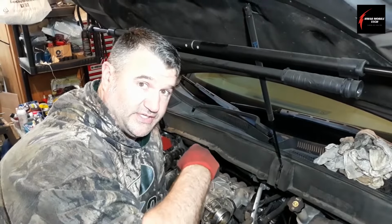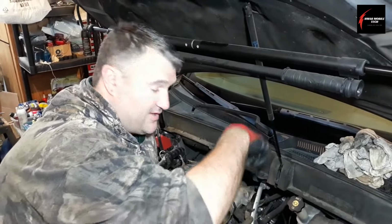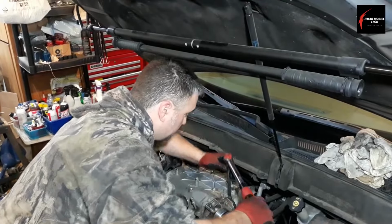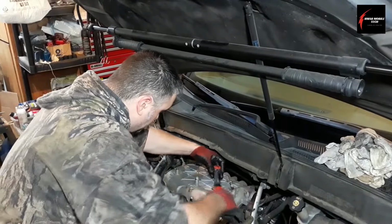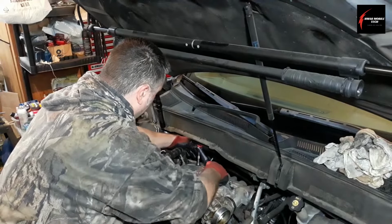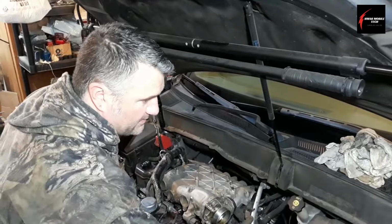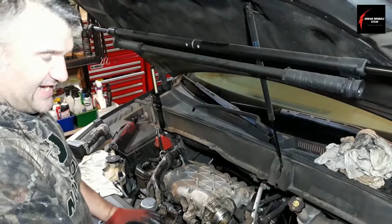Okay, so once you get all of them tight, then what I like to do is start from over here on the far right and go in a circle clockwise. Make sure I got them all. And very good. So everything that you removed off the air cleaner boot and all the connectors,